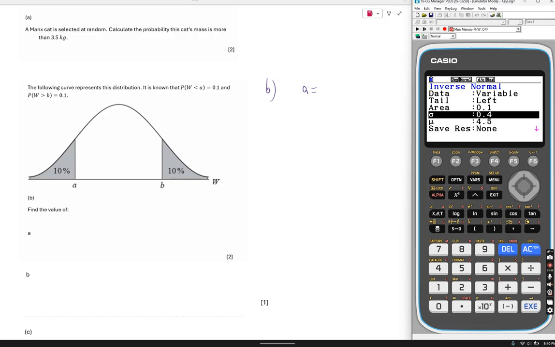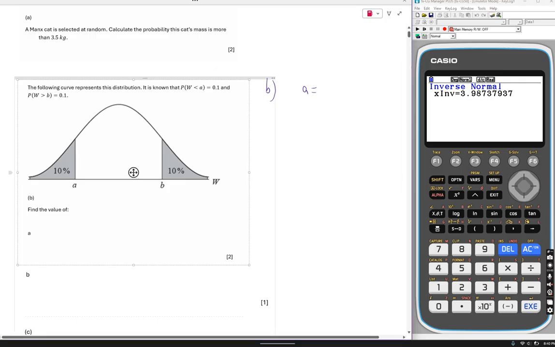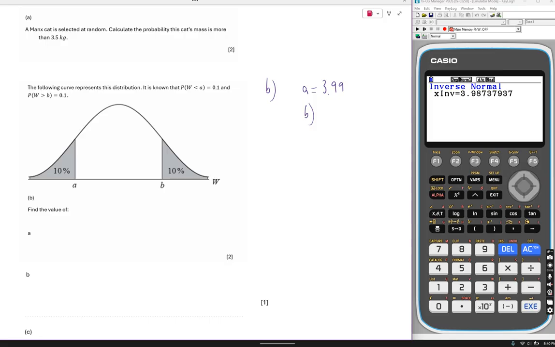The standard deviation is the same. The mean is the same. Press execute, and we get 3.99. So 3.99, that is the value of A. The value of B, B equals